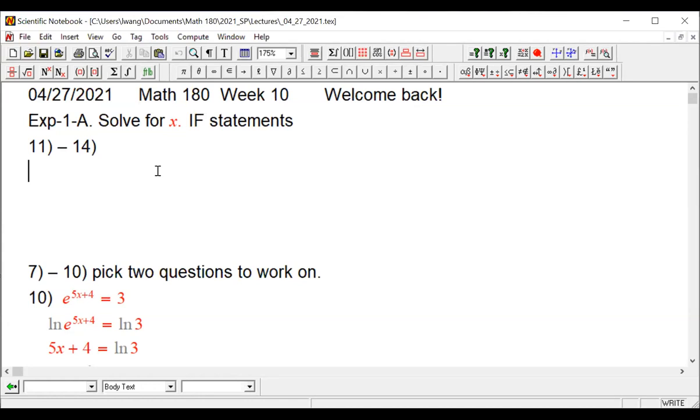Take number 11, for example. What would you say? No solution because 0 can't be in the domain. That's right. Perfect. You want to be aware of the domain, even when you're solving equations, even when you're dealing with